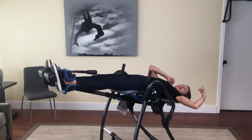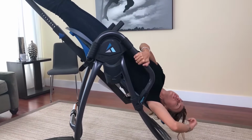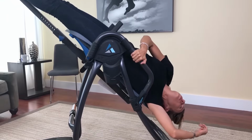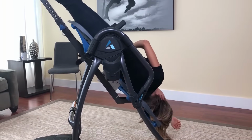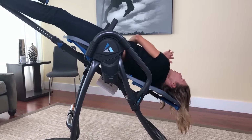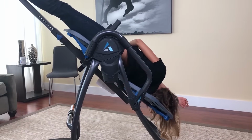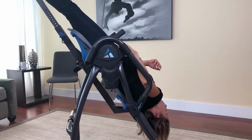Now, the next thing you're going to want to do is some of these rotational stretches. You can see I'm grabbing the Stretch Max handles here, and I'm using just my arm power to actually lift my body up. My back itself, I'm not rotating my shoulder and using back muscles. I'm completely reliant on the weight of my arm,